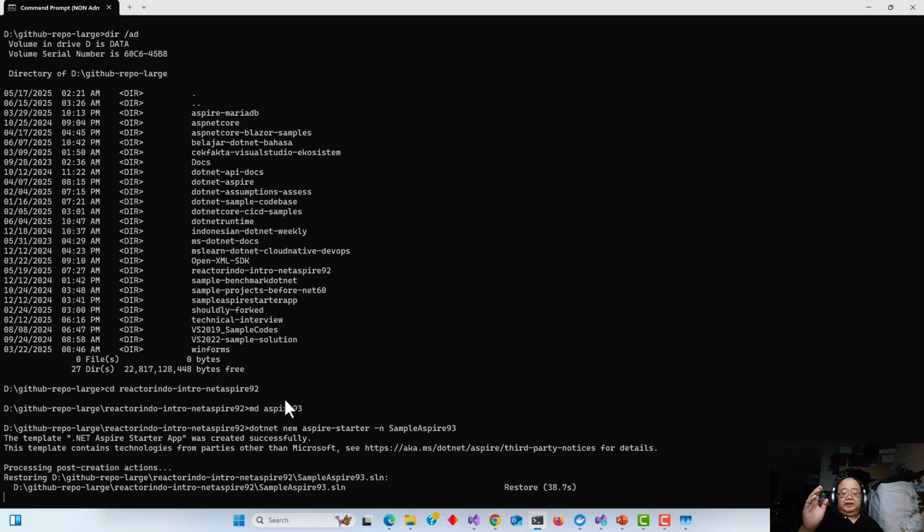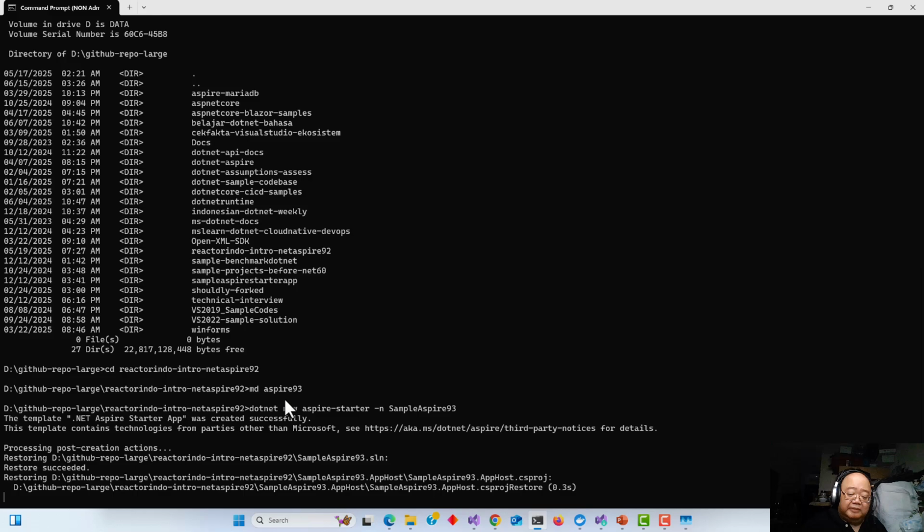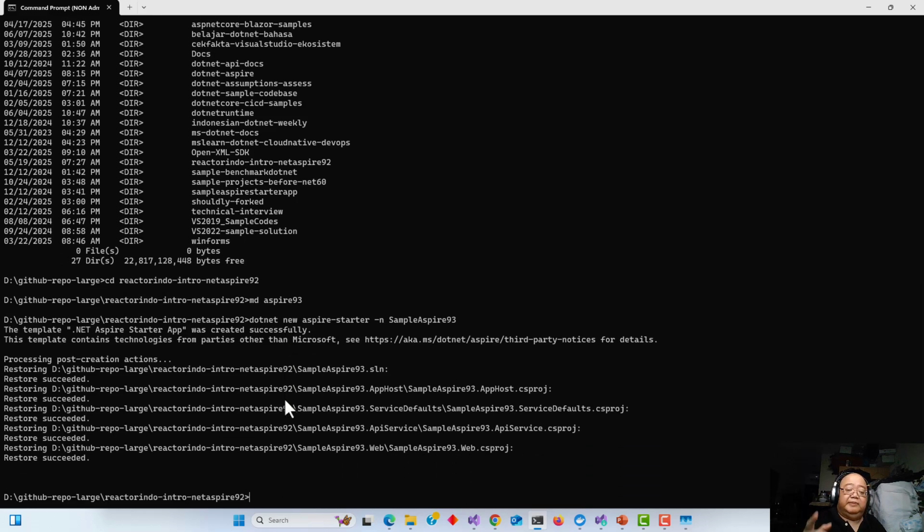But the nice thing about Aspire 9.3, you can still have compatibility with Aspire 8 that is usually in sync or aligned with .NET 8. But you will miss the nice thing about resource graph and so on. So I suggest you start to move to Aspire 9, at least Aspire 9.2. Especially if you are just starting to learn Aspire, you should start learning from Aspire 9.2 or directly 9.3, like